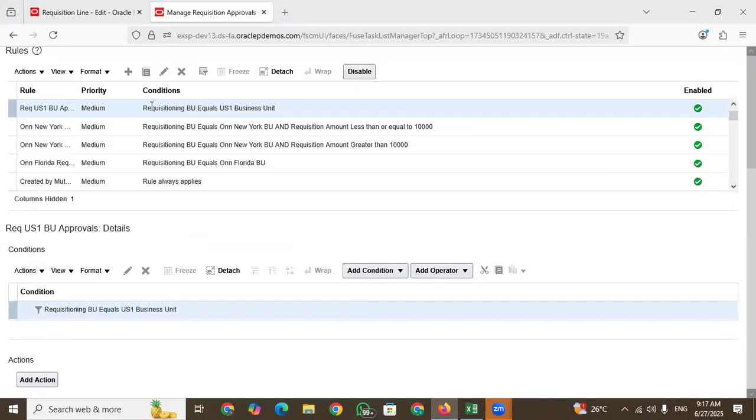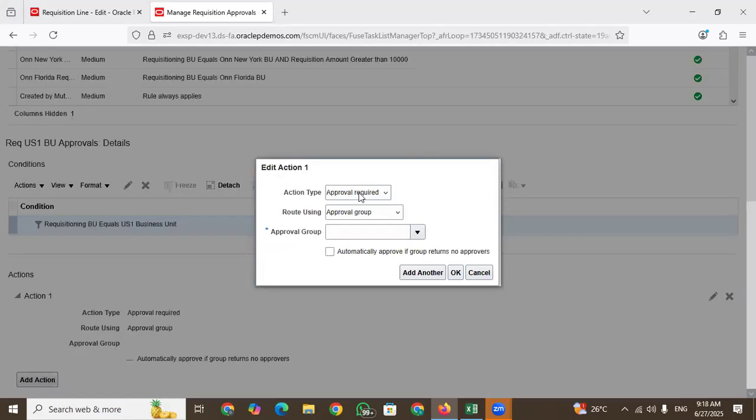You can see the condition here. If requisition BU is equal to US1 business unit, who can approve this? That comes into the add actions level. Here there are three action types: one is approval required, one is automatic, and one is information only. Information only is just for information regarding the requisition. If it is automatic, the system approves automatically. If it is approval required, the system expects